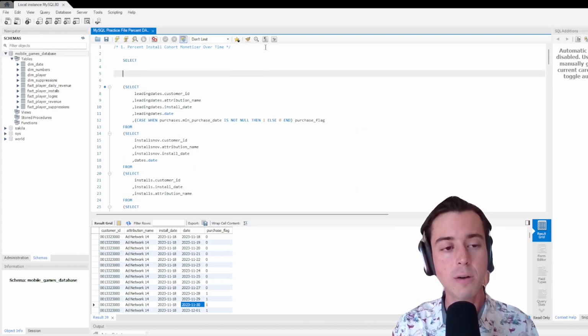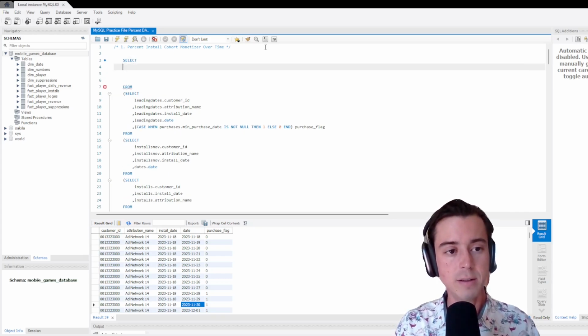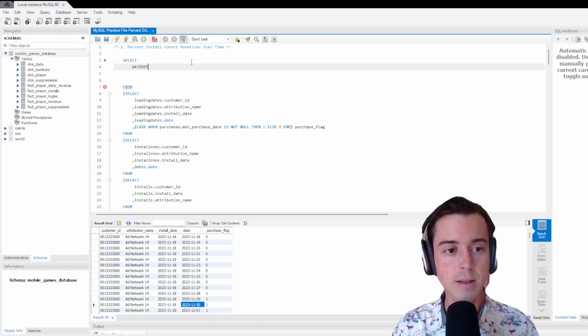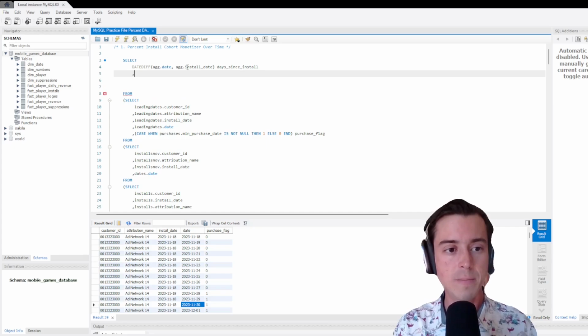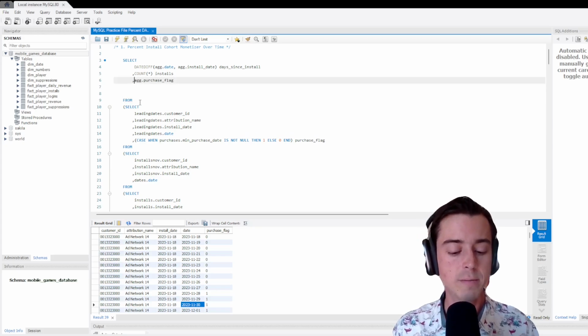And to build that chart, what we need to do is think about, okay, what's on the x-axis? The x-axis is going to have days since install, right? So that's going to be a date diff, right, between the leading date and the install date. We're going to call this days since install, and we're just going to do a count, right? This is just going to be a count of installs. And then we just want a summation of monetizers. So we're just going to take this field and just sum it. We just call this